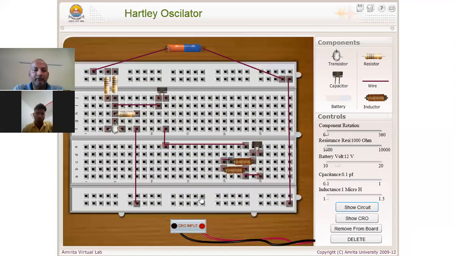So we have to use a capacitance C, placed anywhere. Let me place it here.